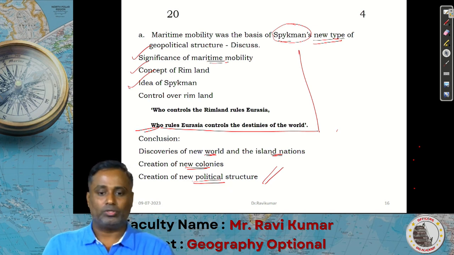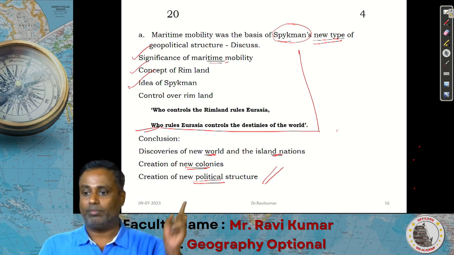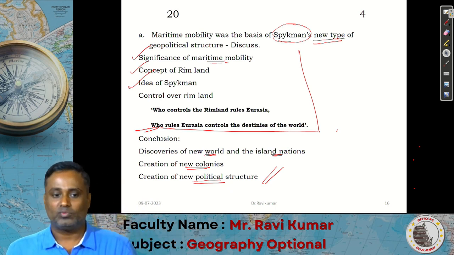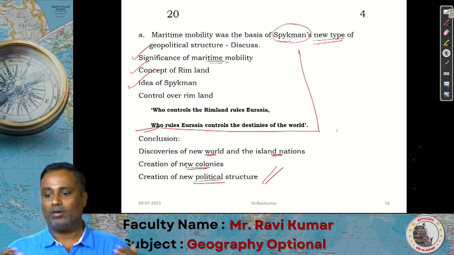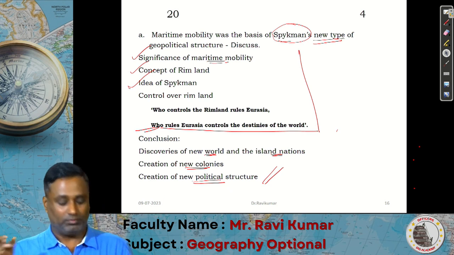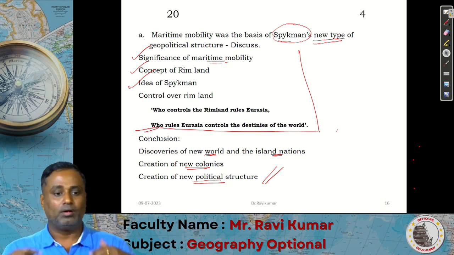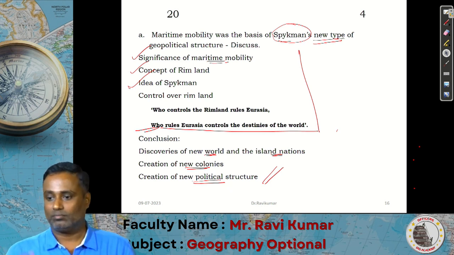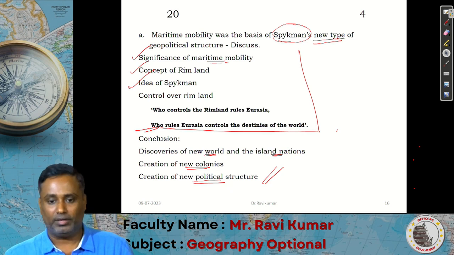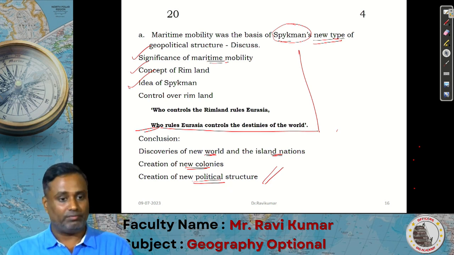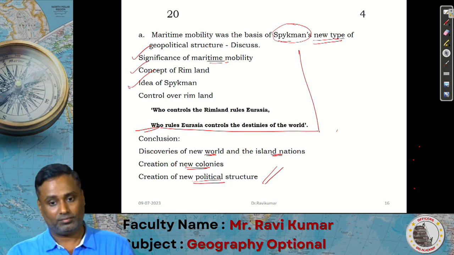In the Second World War, the US won over Japan only by using air transport. So after the bombing of Japan and the US win over Japan, air transport became dominant over maritime mobility. So when this content is asking to evaluate it,